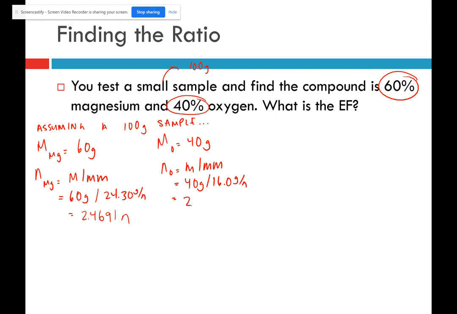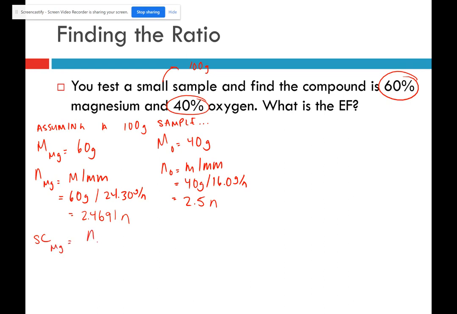It's 2.5 moles. Okay. So we've assumed 100 grams. We've figured out the moles of each. Okay. Then what we're going to do to figure out the subscripts of our empirical formulas, what you're going to